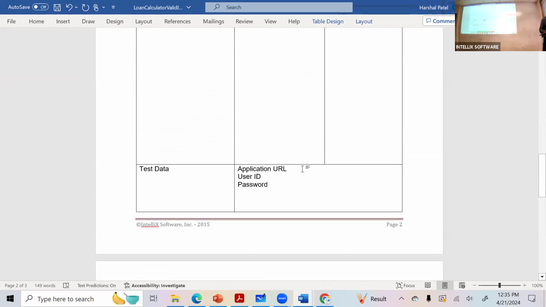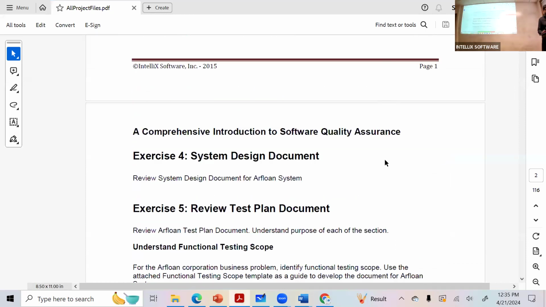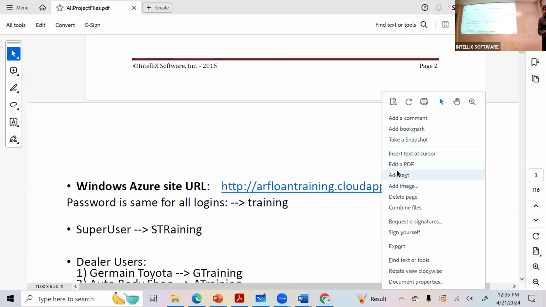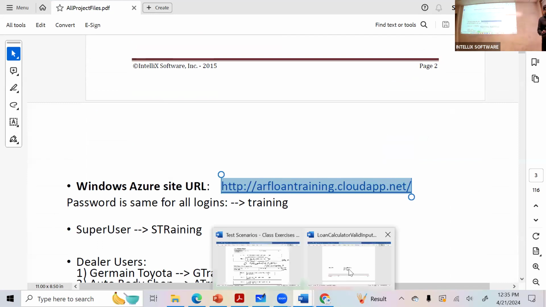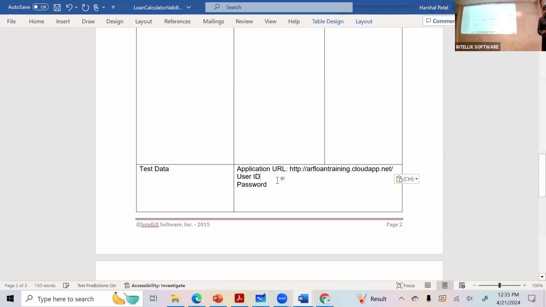So what will be the application URL? Obviously, we say that the application URL will be the same thing as this, right? You can go ahead and save this as the application URL. What should be my user ID? What user ID should I use?